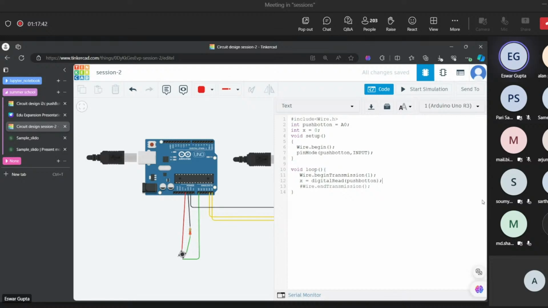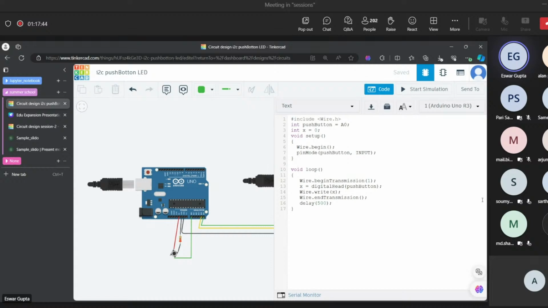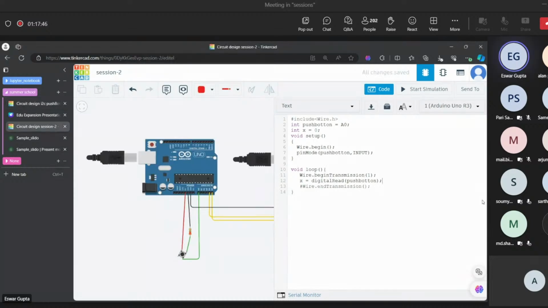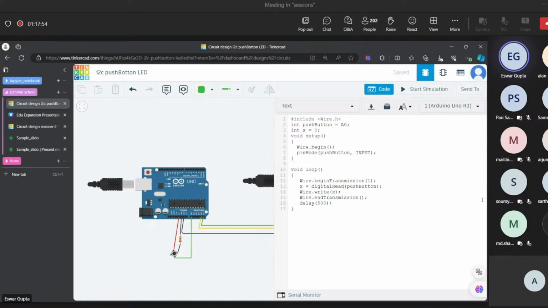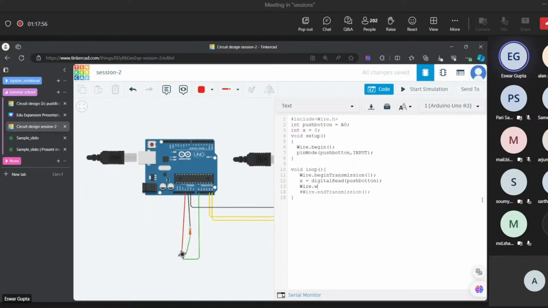It will read the data of the push button, like what the push button is sending. After you read, you need to write it to the slave. So Wire.write. Make sure in Wire, W is capital, and in write, w is small. Wire.write of x.